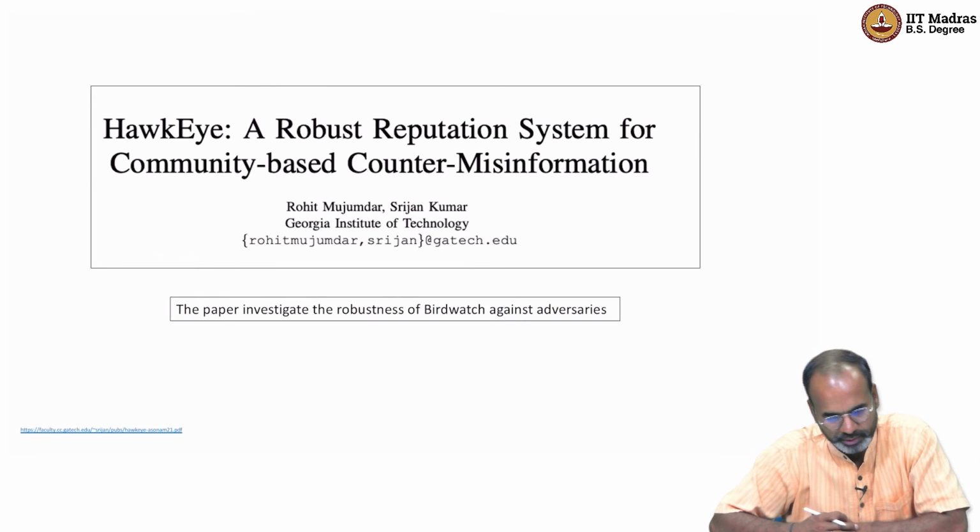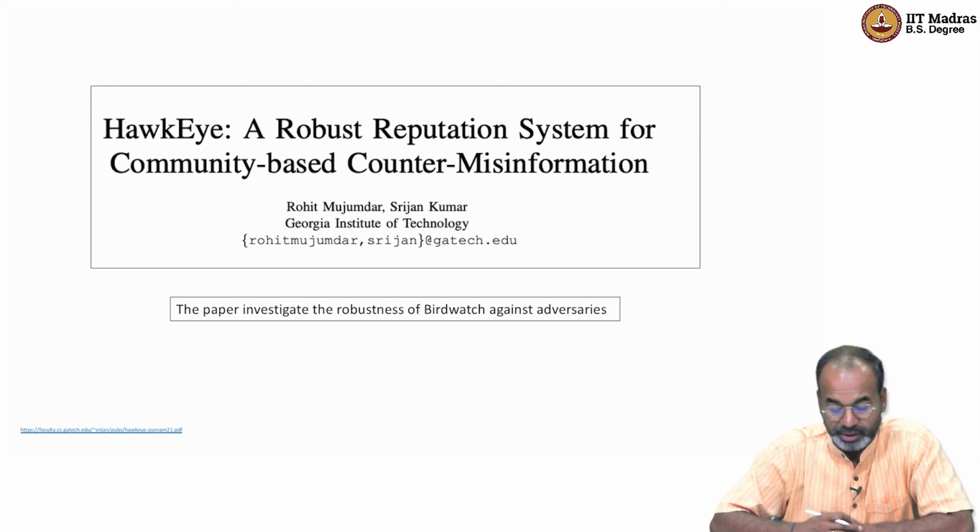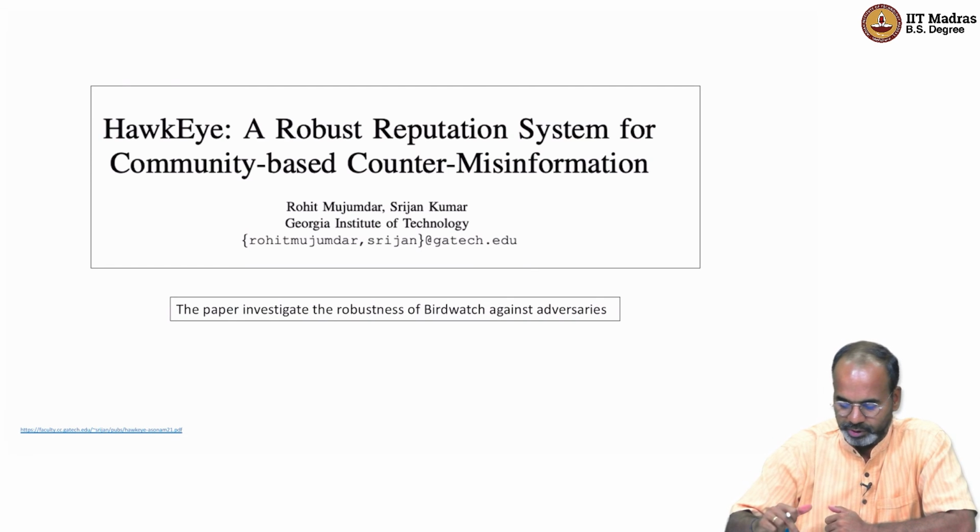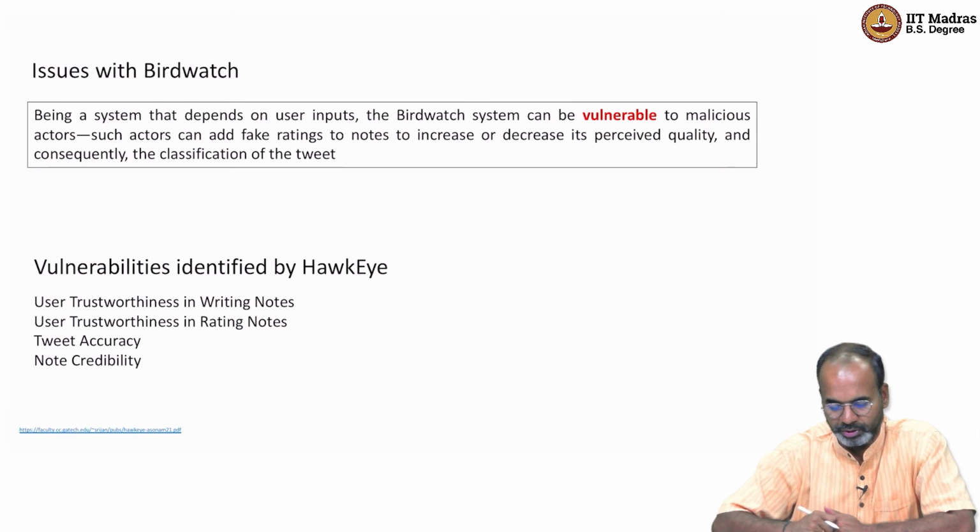Hawkeye, this is one of the recent works on using a crowdsourced or community-based mechanism to attack the fake news problem. A robust reputation system for community-based counter misinformation, robustness of Birdwatch against adversaries. That's what the paper does, and the paper also goes on to find out what are the ways by which you can look at reducing the misinformation on a platform like Twitter through Birdwatch.